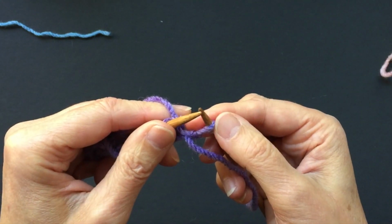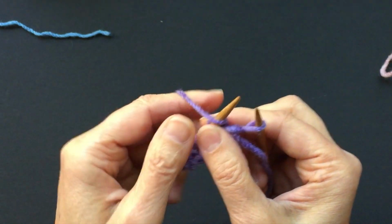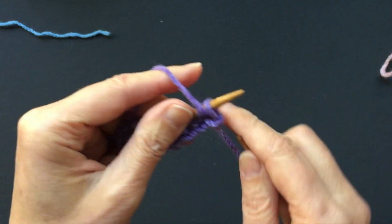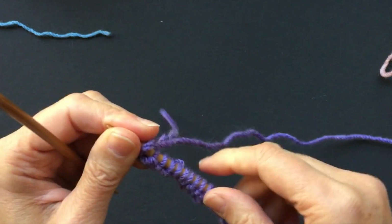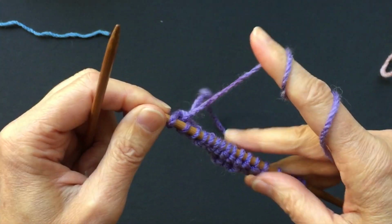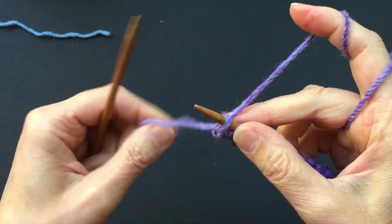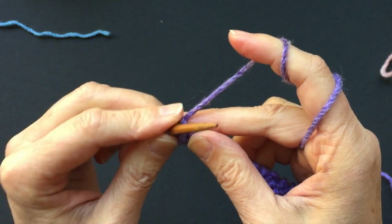And I usually slip my stitch. Okay, so I'll show it to you slipped, my last stitch, and then my first stitch will be knitted, and I will show it to you again in Continental style now. First stitch will be knitted through the back loop. Okay, and now